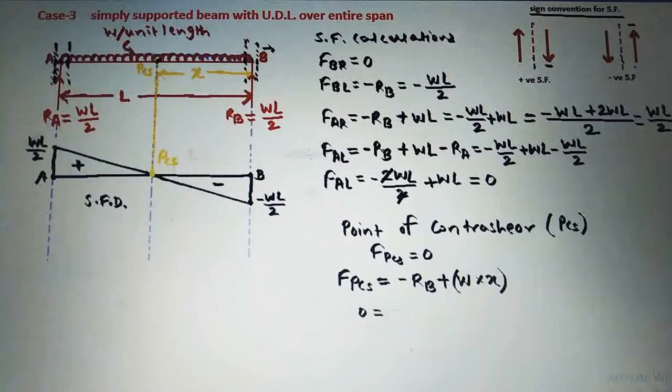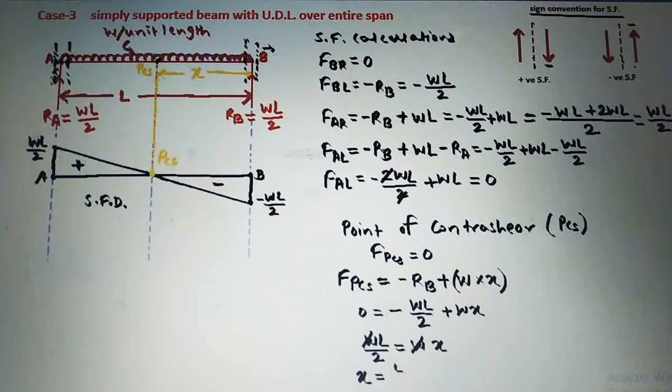Now at the point of contra shear the shear force is equal to 0. So 0 is equal to minus of RB, and RB is WL divided by 2, plus W into X. Now we will shift this WL by 2 to the left side, so it will be plus WL by 2 is equal to W into X. So this W will get cancelled here, so we can write X is equal to L by 2,